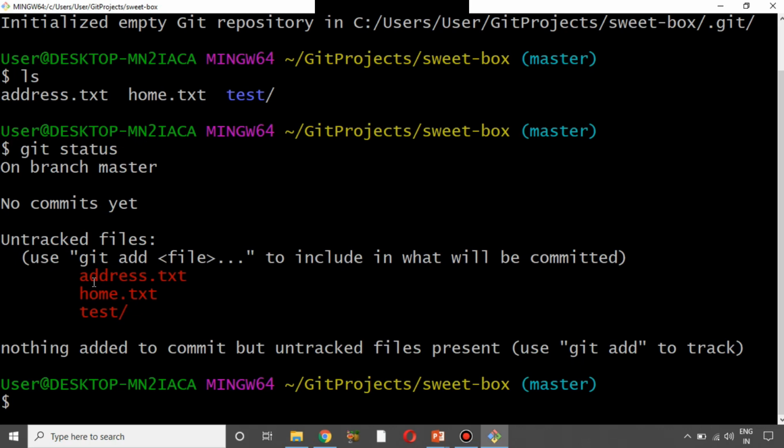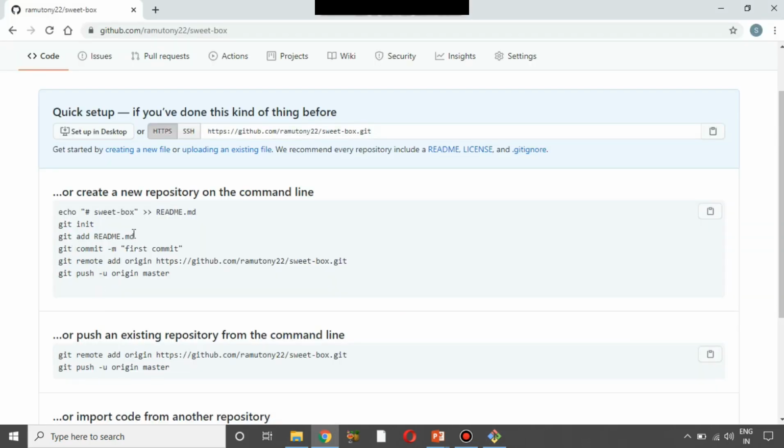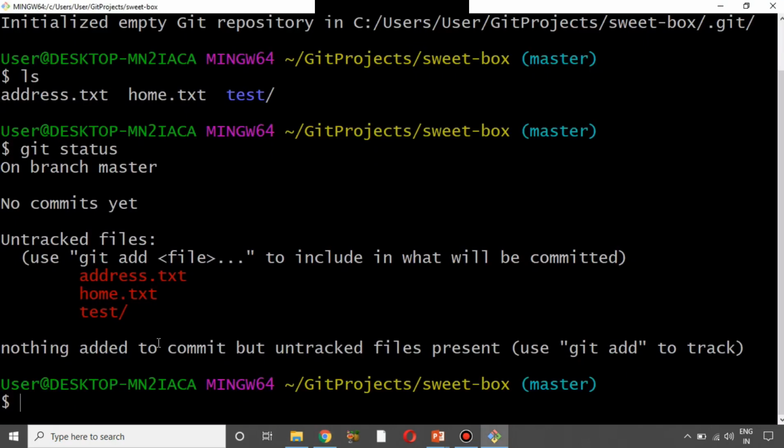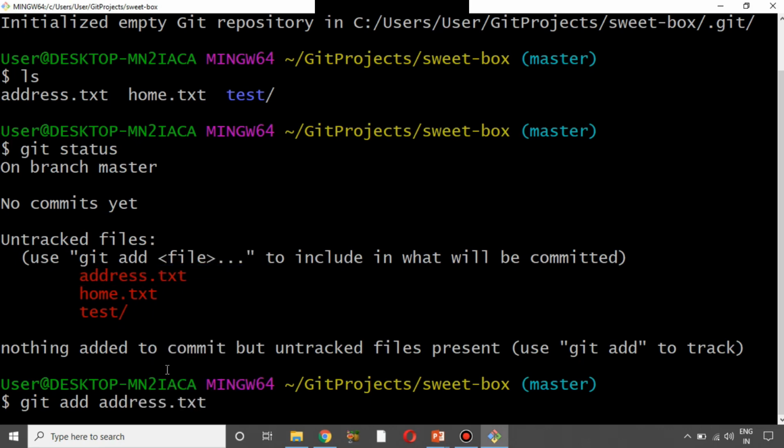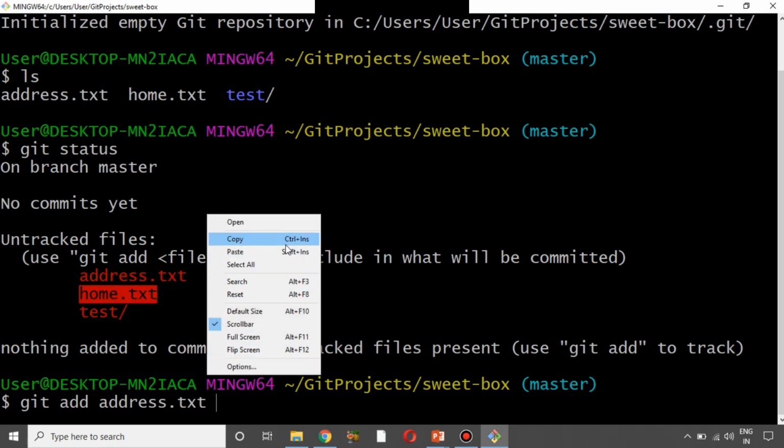That's fine. So now we need to add those files or folders. If you ever want to add any file or folder, you just need to say git add followed by that file name. I'm going to paste it here, so it adds it, and similarly you need to copy and then paste for the next one.